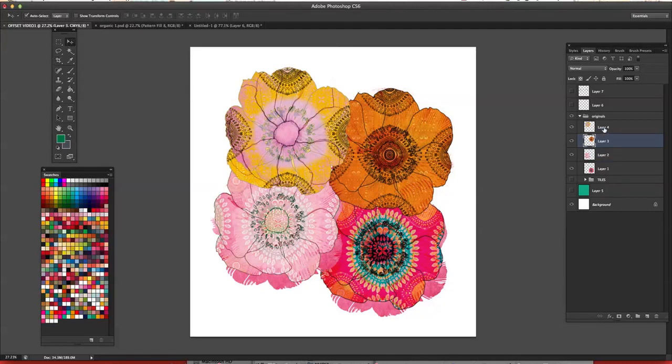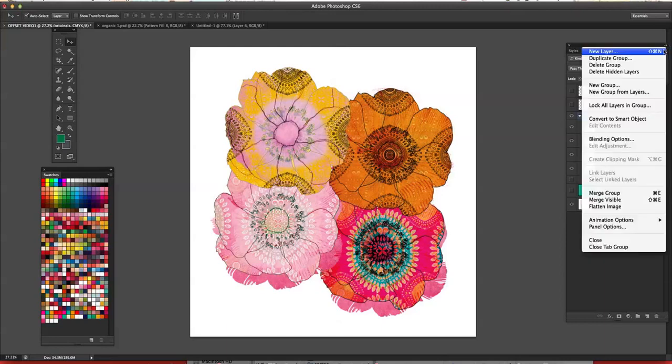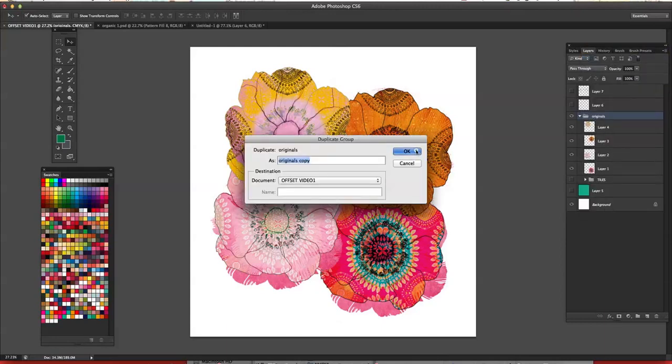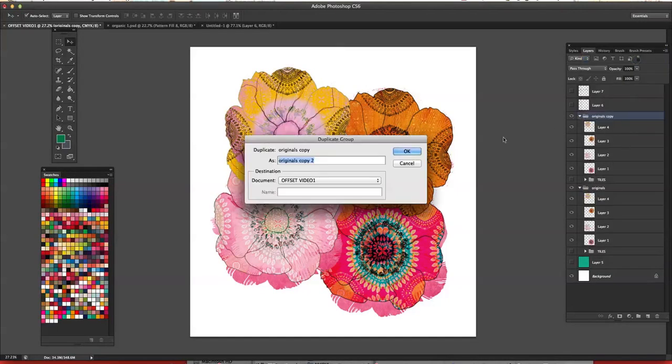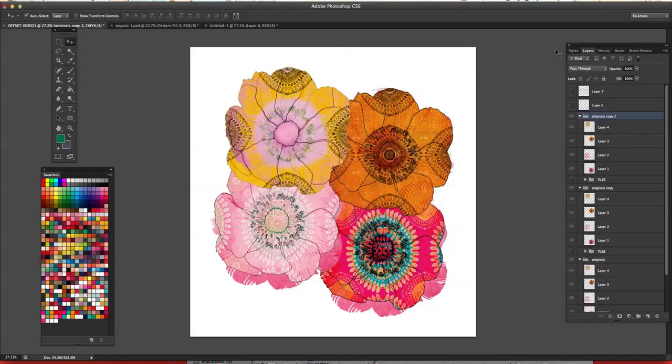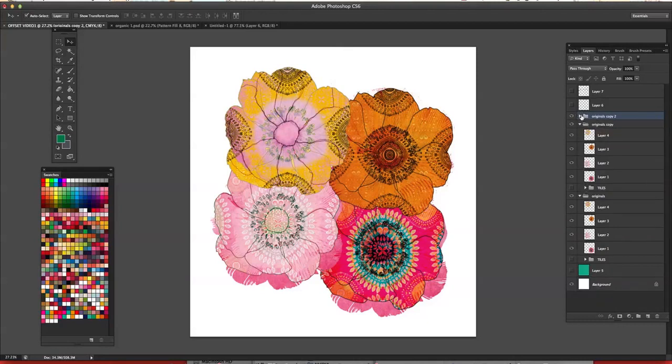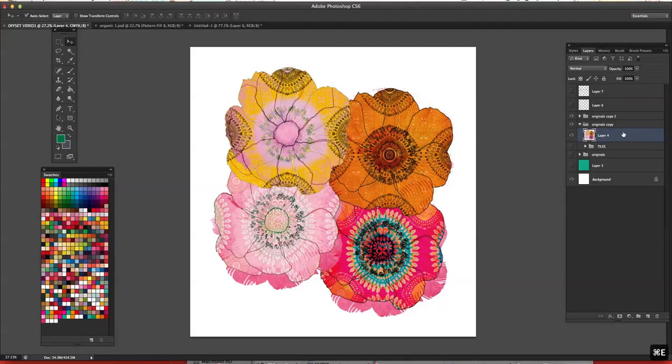Good. So now we need to create a duplicate copy of my motifs, because I'm going to need at least 2 copies of them. And then I'm going to close the original one down because I like to just keep that as a backup, and go back into my first copy, and I'm going to merge them because remember, you can only apply the offset tool to one layer. So we're going to press Command and E. Now we've got them all on one layer, and they're all in the middle, none of them are overlapping the